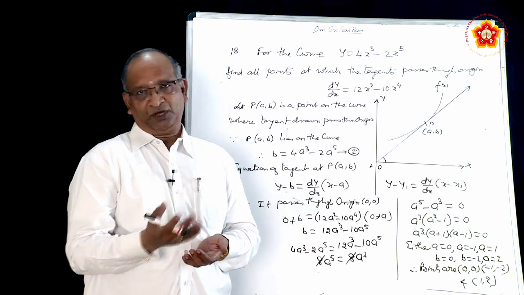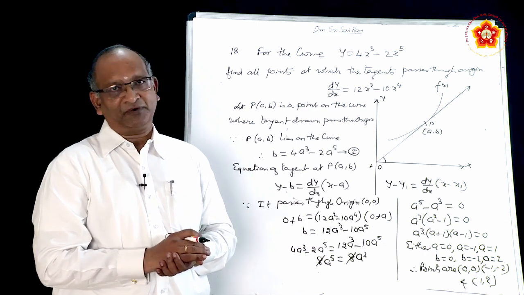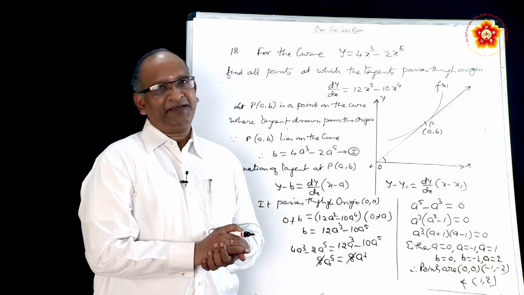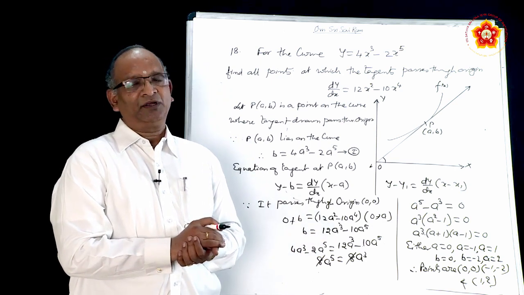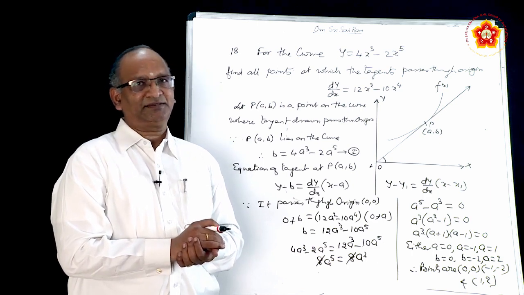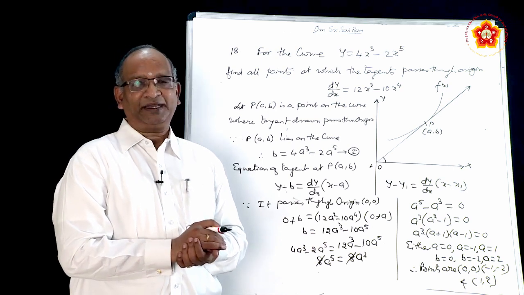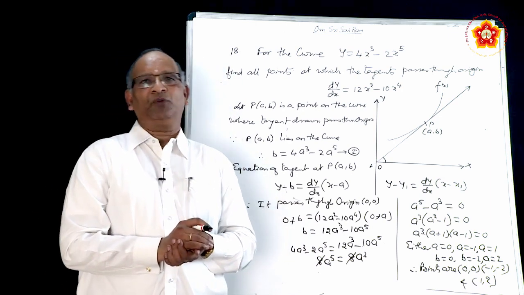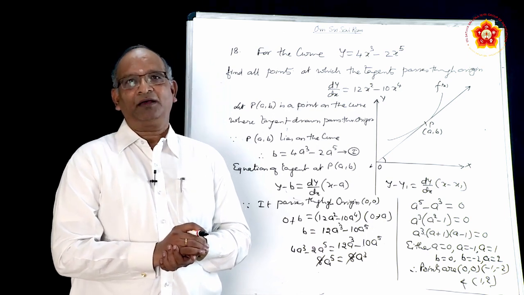I am sure other problems of the exercise on tangents and normals, you have found very simple. By using the equation of tangent and equation of normal, you could have solved them. This problem happens to be somewhat different, so we have solved it. With this, we come to a close of tangents, normals and approximation. In the next session, we are going to take the last topic on application of derivatives, and that happens to be the most important topic of this chapter, called maxima and minima.